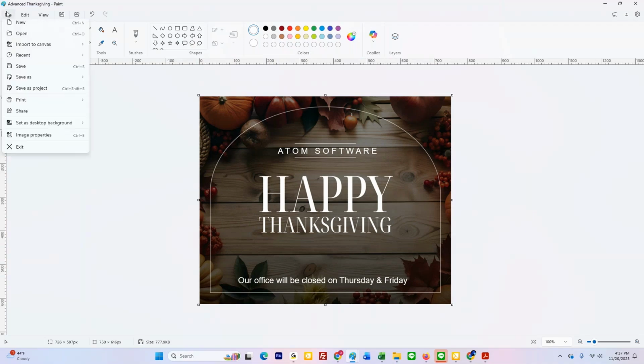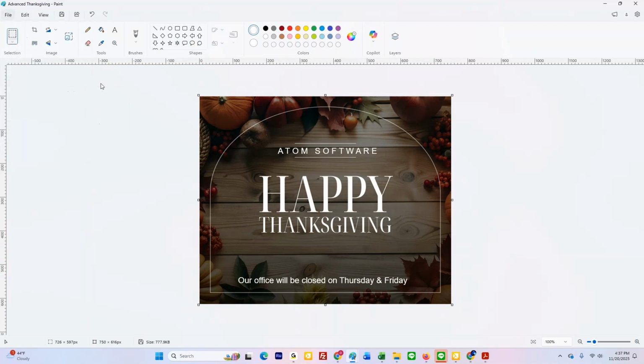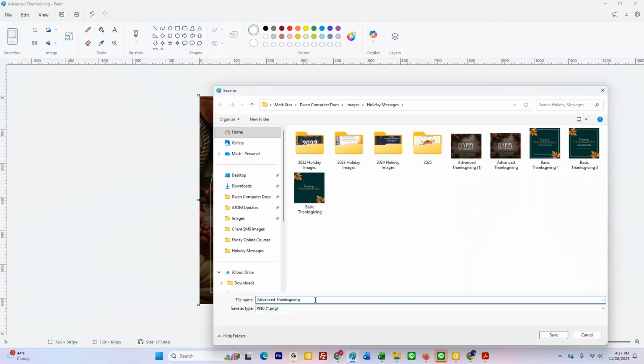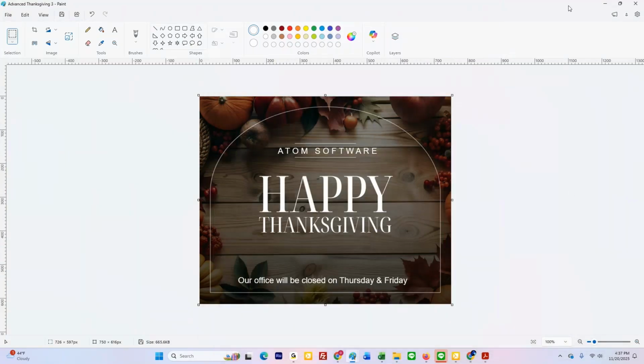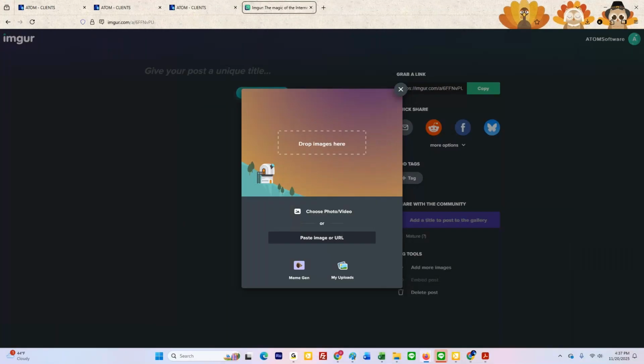So we have this. We're going to save it to your computer. I'm going to save as a PNG. Advanced Thanksgiving, we're going to do 3. Okay. So now you have both of your messages, your message options, and now it's a matter of getting it